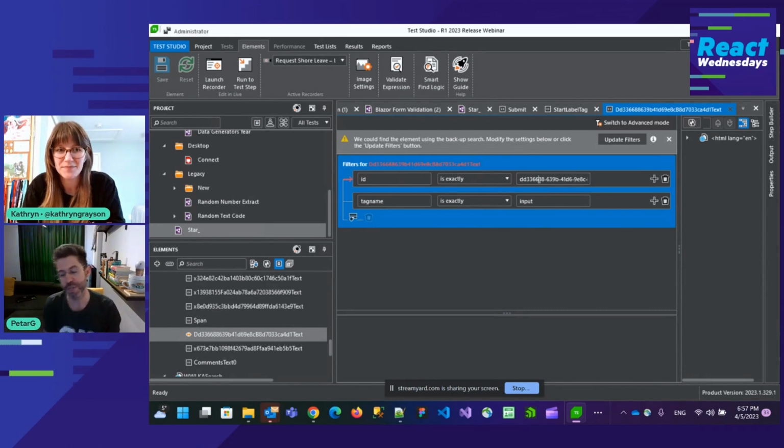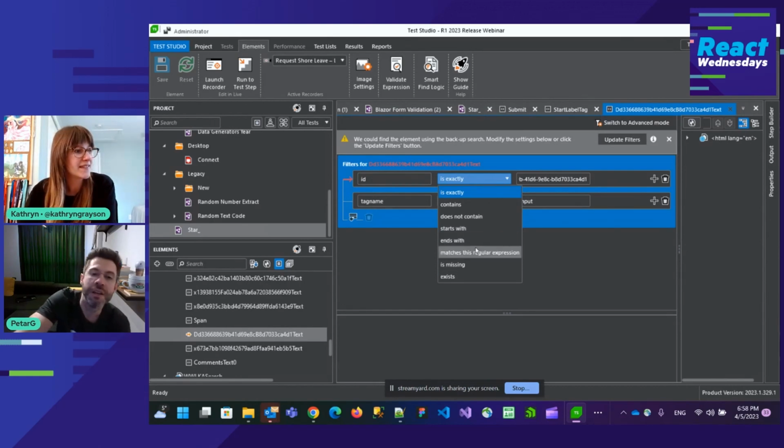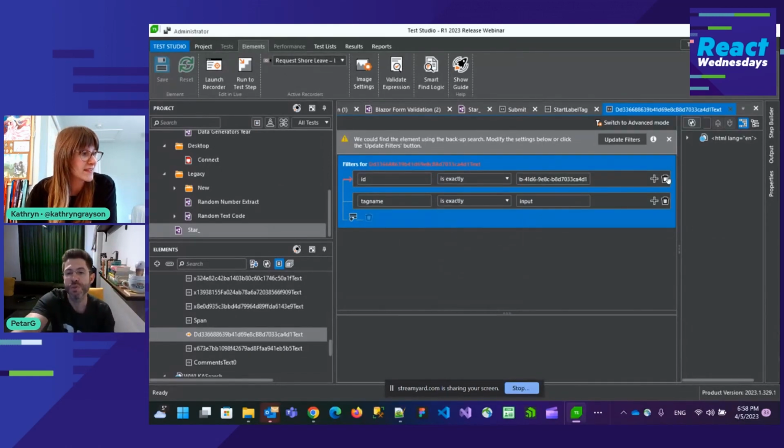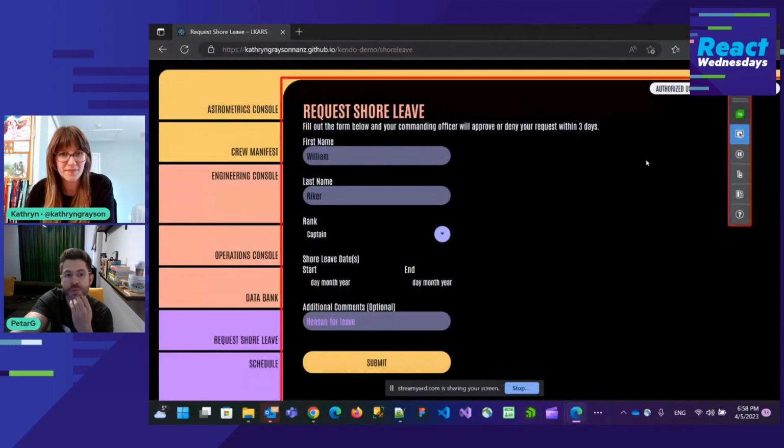Again, multiple options, depending on how your application is built. And I honestly don't know how this application is built because we didn't have time to sync up too much in the beginning. But if there is a portion of this ID which is static and doesn't change, even only a little portion, you can change the logic operator. It could be contains or starts with, or regex again, right? Or you can try to delete it. But what will happen if you delete it? If we delete the ID, now we just have a single input element, even without an index. And I'm convinced that you have multiple inputs on this form. So if we leave it like this,